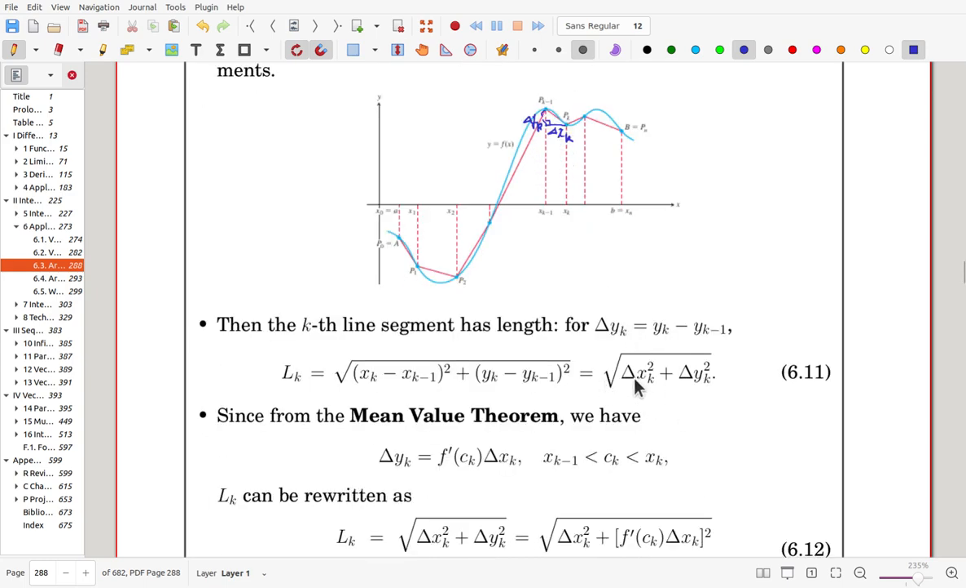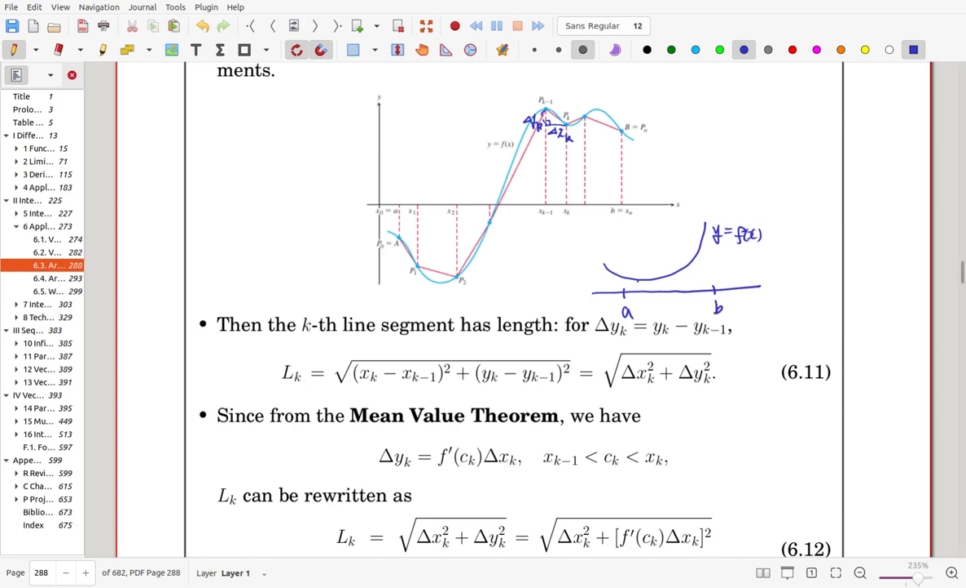Now we have to simplify this one by using the mean value theorem. Okay, let's recall the mean value theorem. In Calculus 1, you learned this one. Now y equals f(x) is given in this way, for example, y equals f of x. Now here, from a to b,